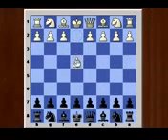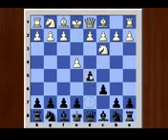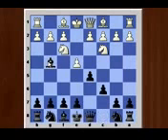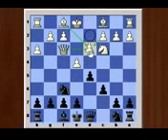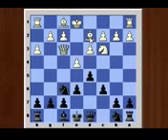e4, c6, knight c3 protecting the pawn, d5, knight f3, bishop g4, h3, bishop captures f3, queen captures f3, knight f6, d3, and e6, bishop d2, d4, attacking the knight, knight e2,